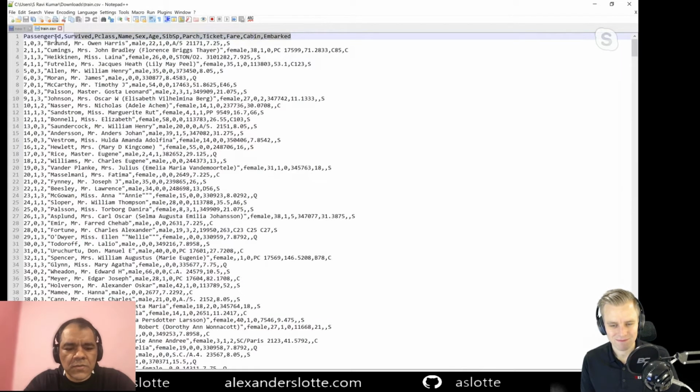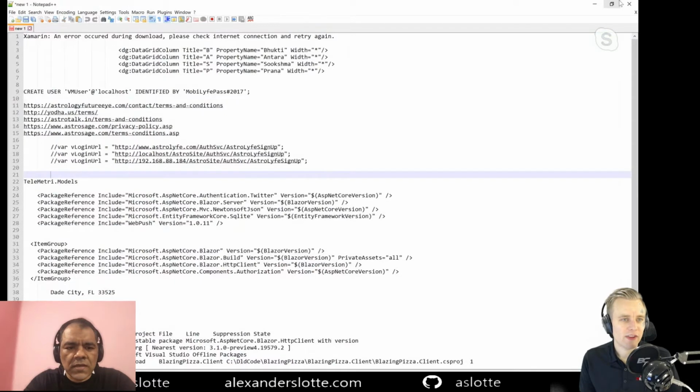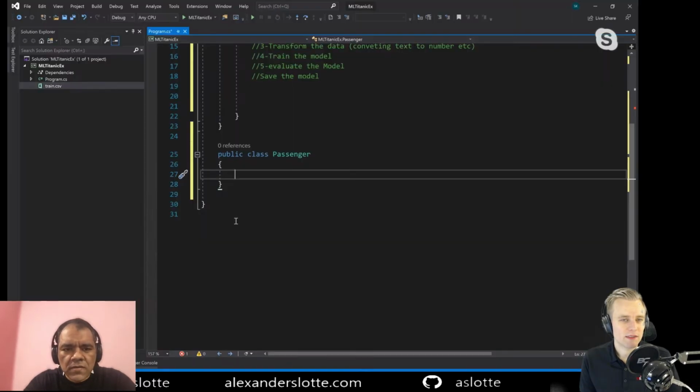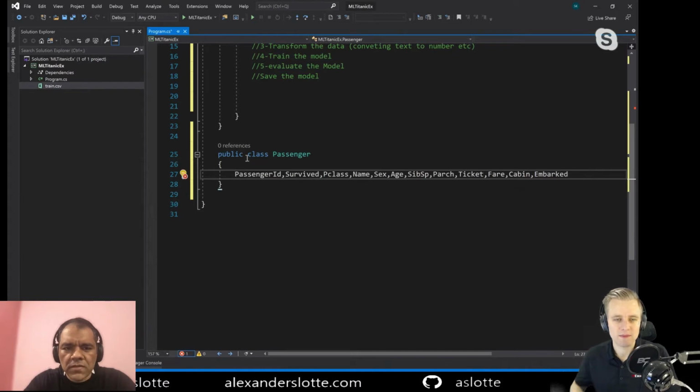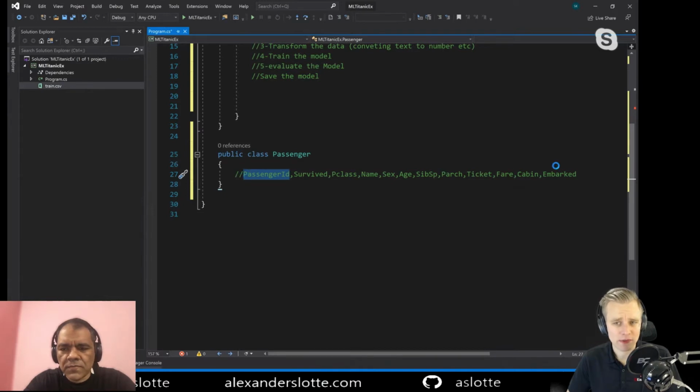So let's do one thing. Go and see. So we see here we have passenger ID. This should be integer. Yes, and we don't need actually passenger ID. We can skip that. If you look at some of these here, we can already say which ones do